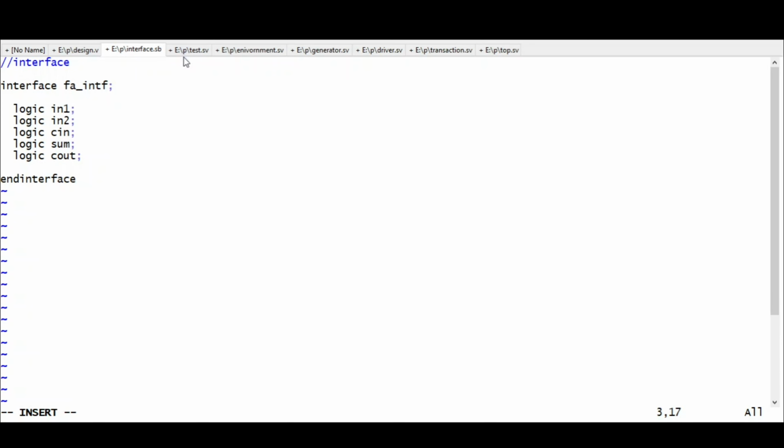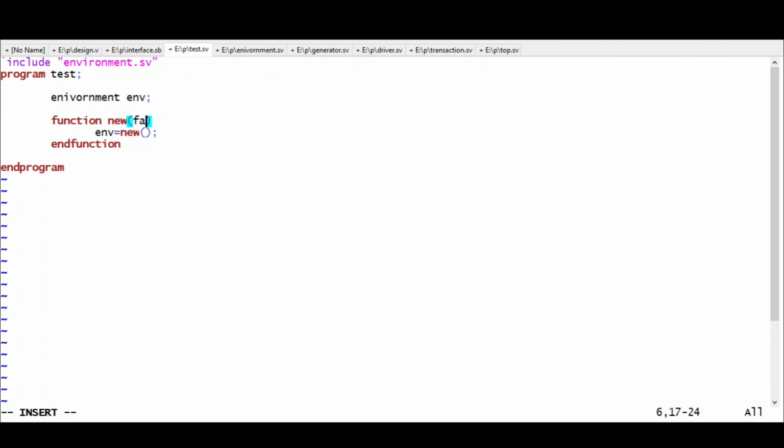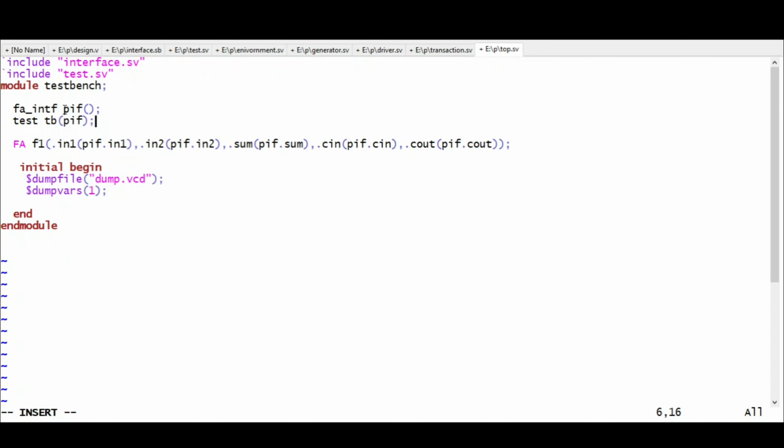What is the interface? fa_intf. So we will declare it as intf. Now in the top, this physical interface we instantiated, we are passing this handle to our test, so this test, test tb.